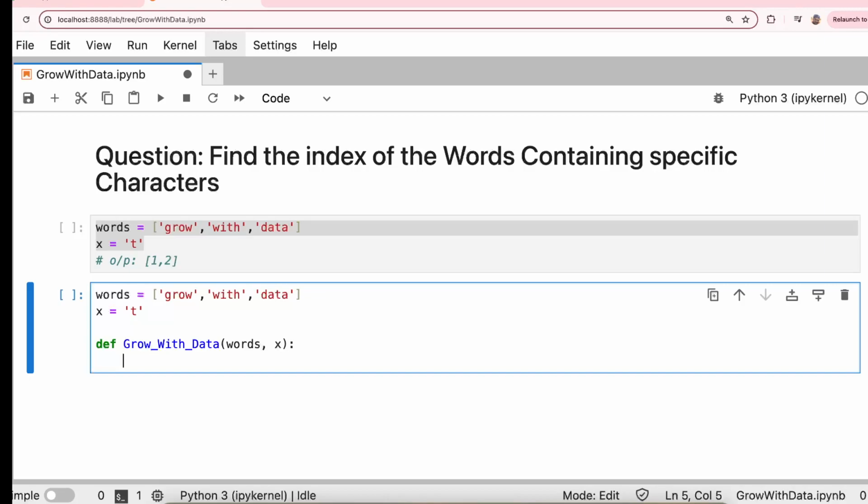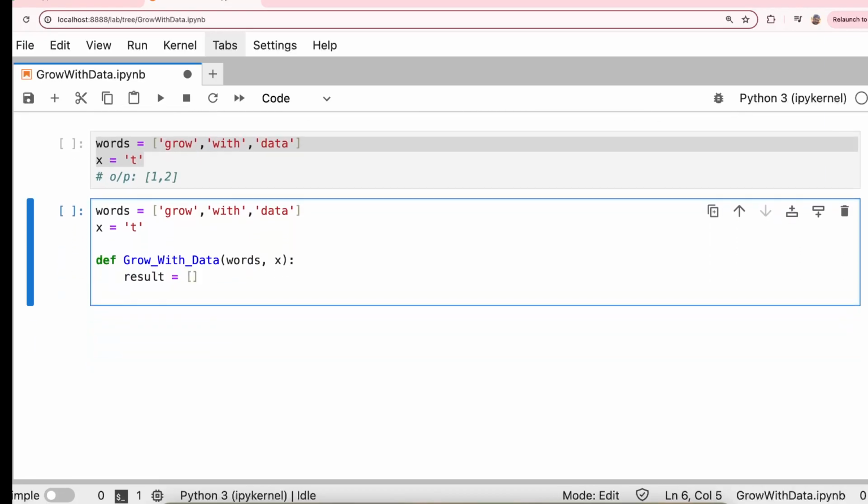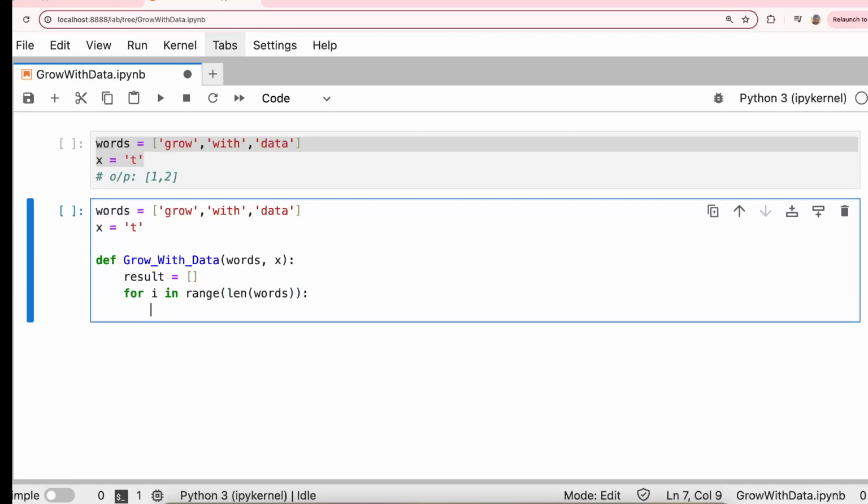Now we declare a variable result which is going to store the index positions. Now I'm going to do a for loop for i in range of the length of the input array. The i is going to carry the index position, from 0 to whatever the length of the words is. So if I say print of i and then words of i,